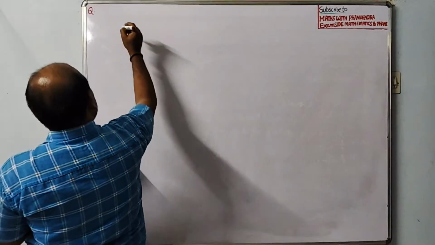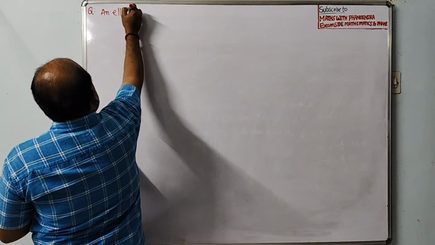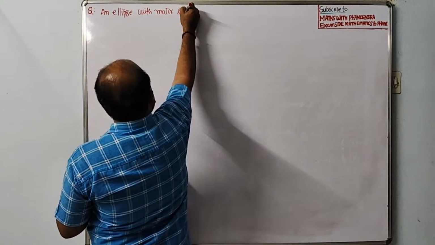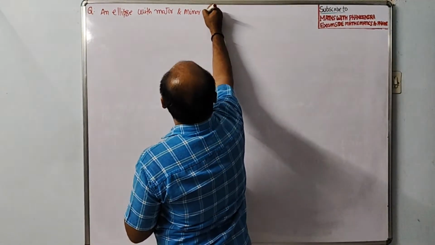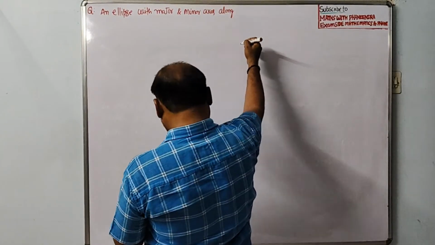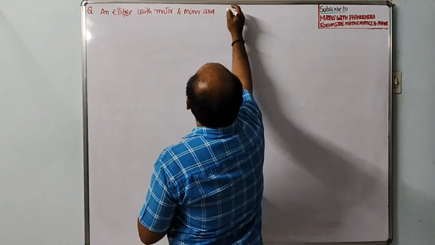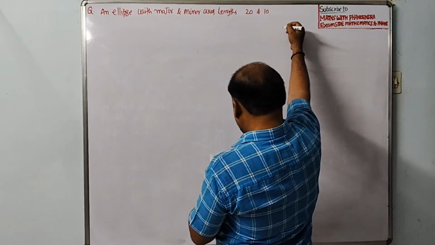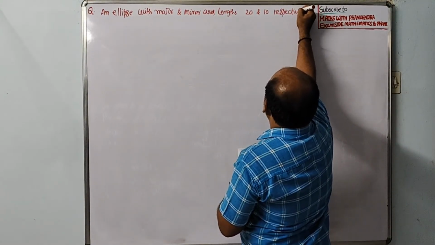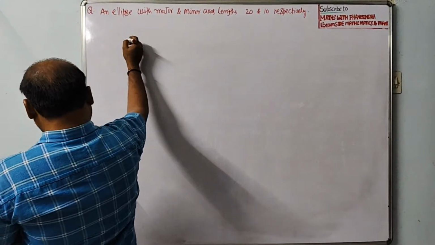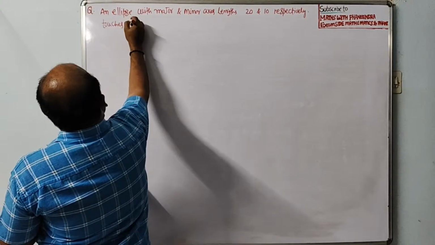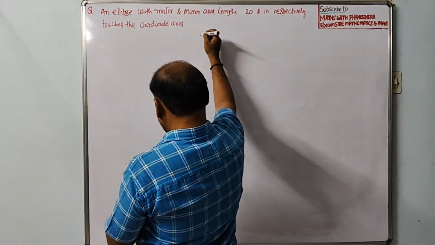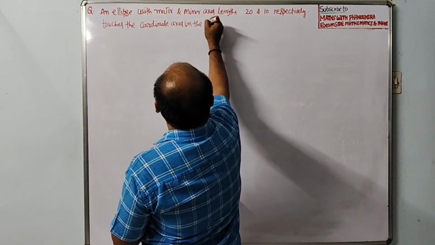This is a good question, dear students. An ellipse with major and minor axis along lengths 20 and 10 respectively touches the coordinate axis in the first quadrant,